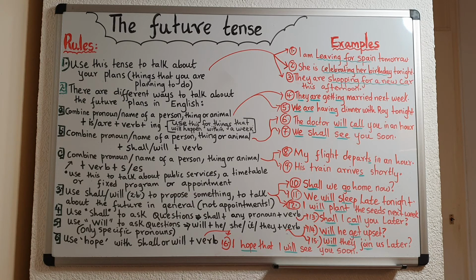Example 10. You want to propose something. Shall we go home now? So it's a question you're asking somebody, you're proposing something, you're suggesting something. You want to go home. So you say to them, shall we go home now? And then